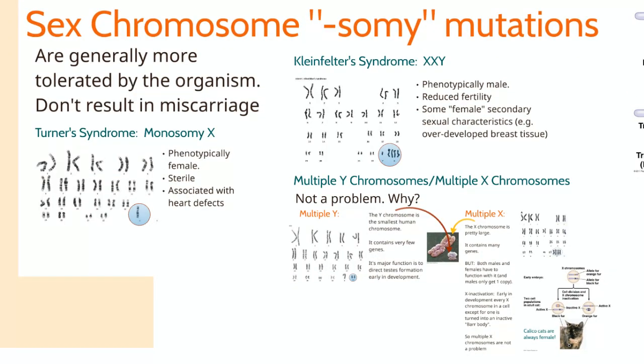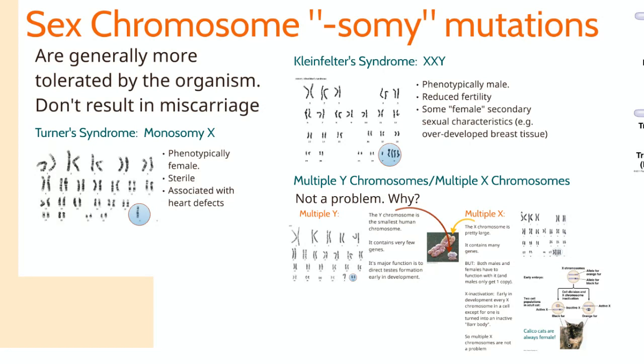Now, sometimes we have so many mutations in sex chromosomes. They're generally more tolerated by the organism, and they don't generally result in a miscarriage. So you're looking at your X and Y. Turner's syndrome is known as monosomy X, meaning that there is only one X. Phenotypically, they look female. However, they are sterile, and it's associated with heart defects, because also on the X chromosome, you do have genes associated with